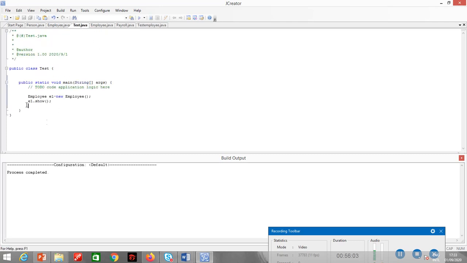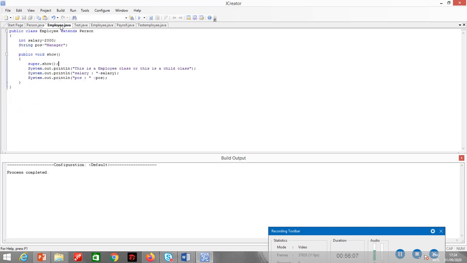When I call this statement, the control will first of all go to the employee class. It will call this method show. The first statement in the show method is super.show. This should always be the first statement inside the method, else it will give you a syntax error. I will show you in a while.